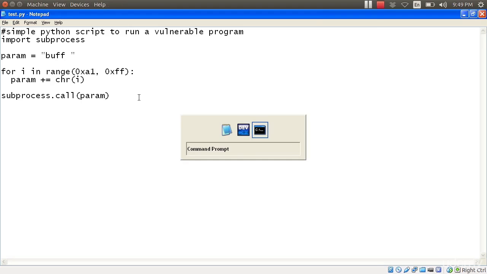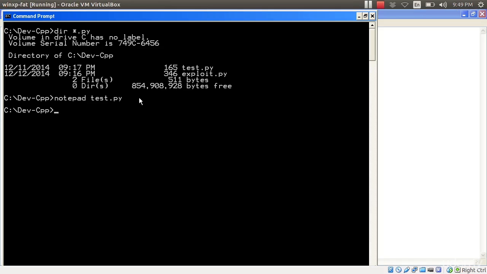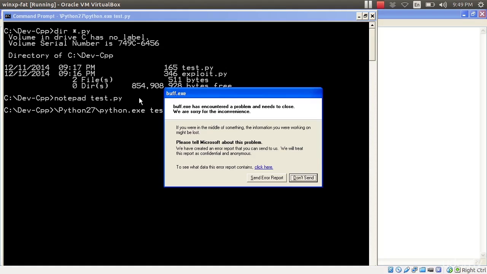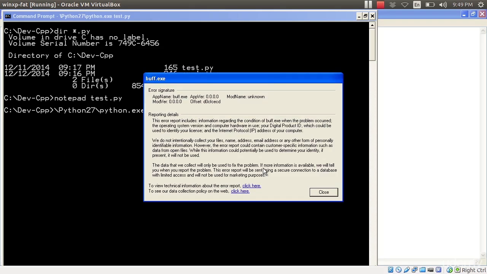So let me go ahead and go to my command prompt here. Now to run this program, I need to run Python. So Python I have in another directory, so I'm going to give it a full path. I'm going to say python test.py. It's going to run my program, and notice it instantly crashed. And it says, if you click here, I will give you more information. And what you see is this offset. This is the piece of information that you want. It says, I tried to access this memory location